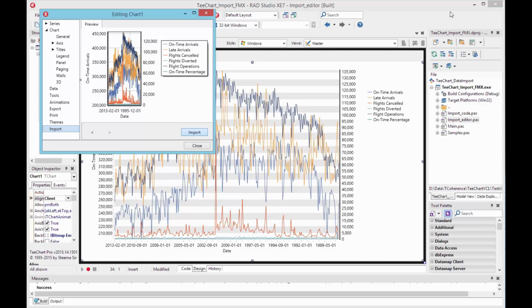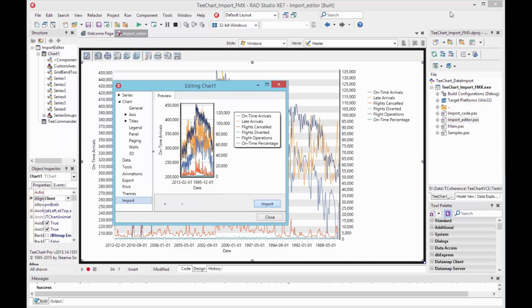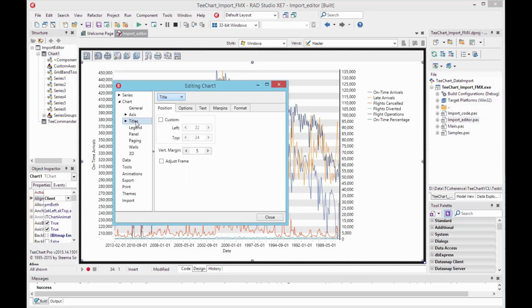I can speak a little bit more about axes later, and we'll add a title to the chart, as no title came with it. You'll notice that TeeChart will pick up on texts that are included with the data, and offer options on it. The left axis, for example, is called on-time arrivals. So we'll add